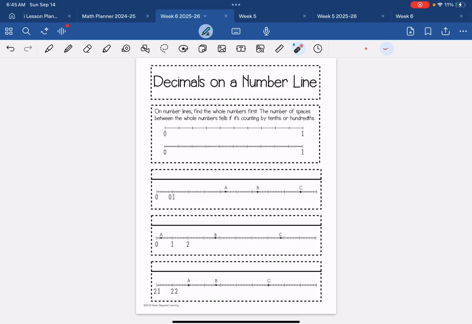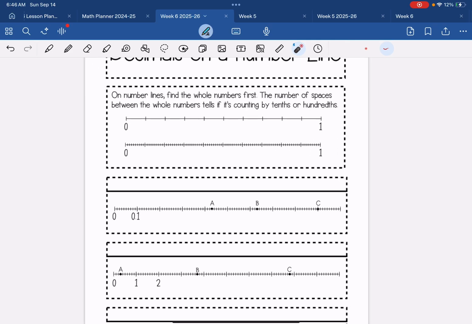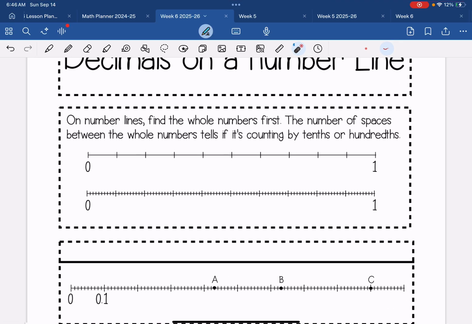This right here is the paper that you're gonna need for your notes, so make sure you have this paper. And this week we're gonna be focusing on decimals on a number line. As you can see, we have here two number lines, and here it says on number lines, find the whole